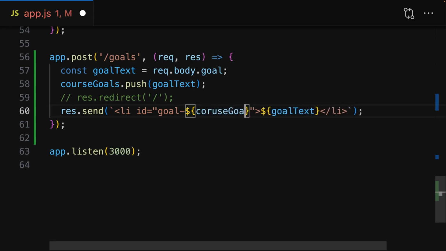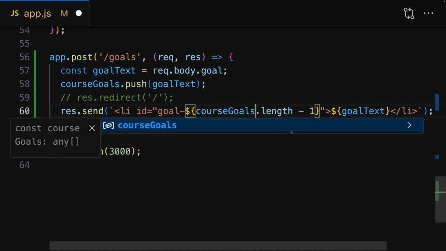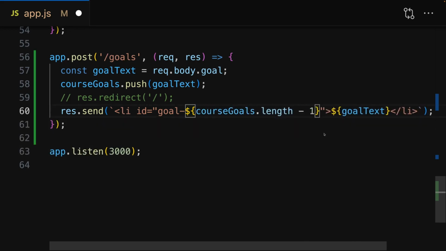So it's courseGoals.length minus 1. That will be the index of this newly added list item. And with that, I'm just sending back this HTML fragment, which is something you often do when working with HTMX,